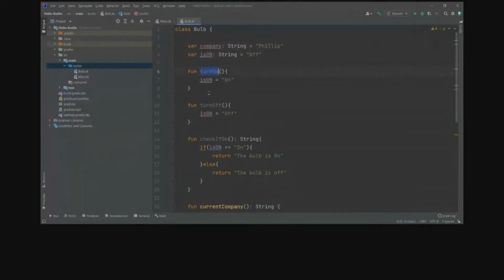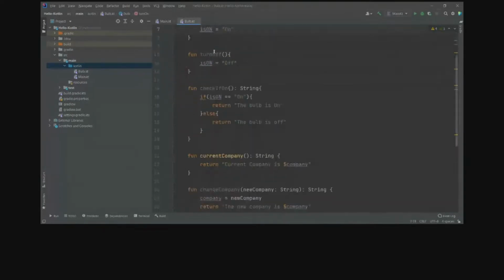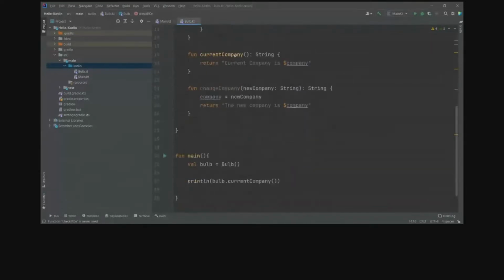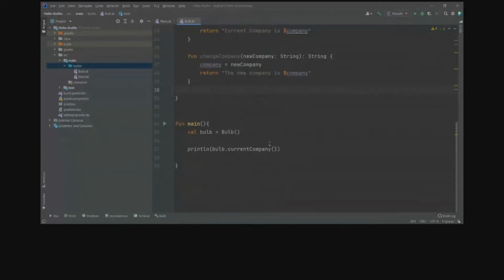If we say turn on, then it will initialize the isOn variable to on. If turn off, then it will initialize the isOn variable to off, and checkIfOn will return if the bulb is on or off. Current company returns the current company of the bulb, and the change company method will change the brand.